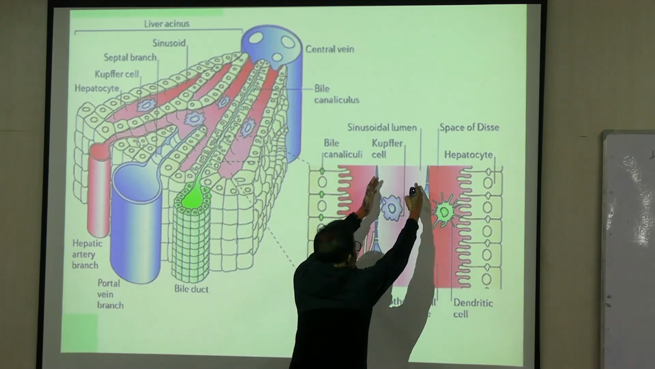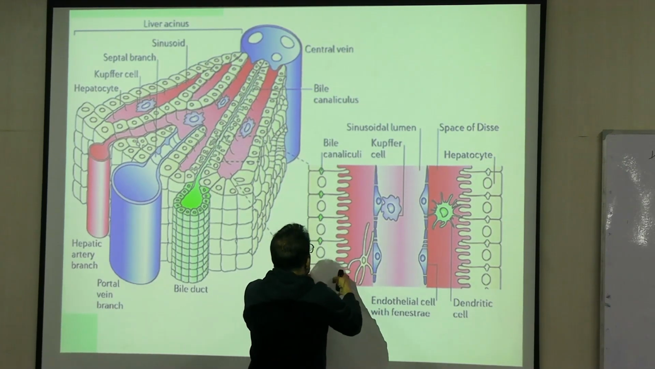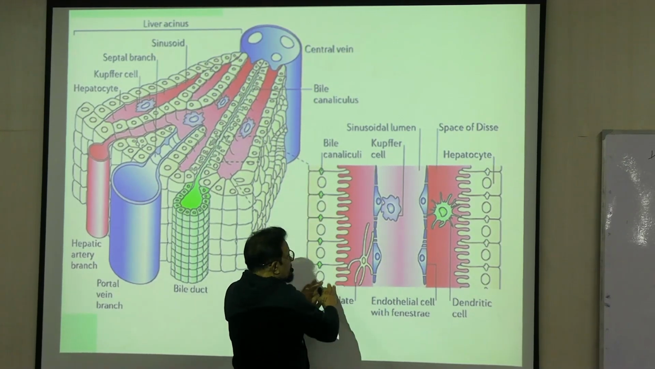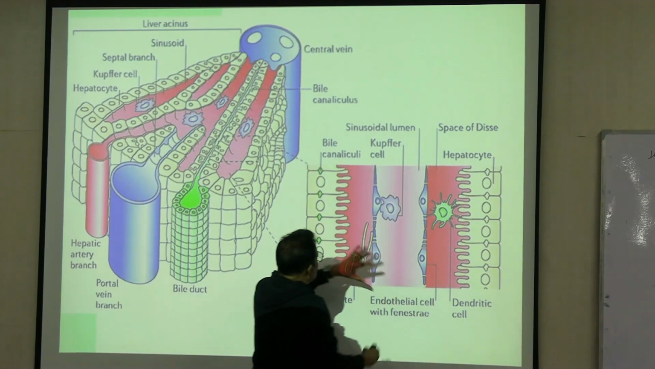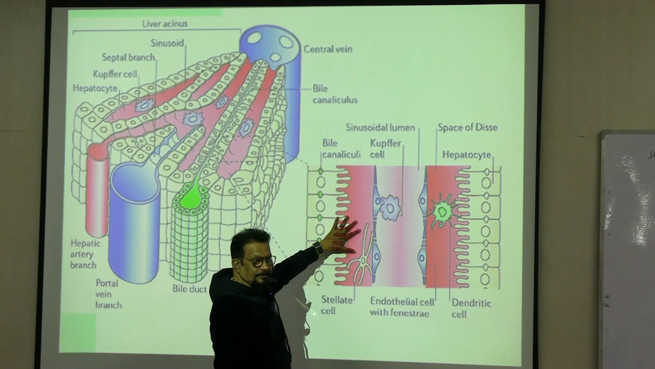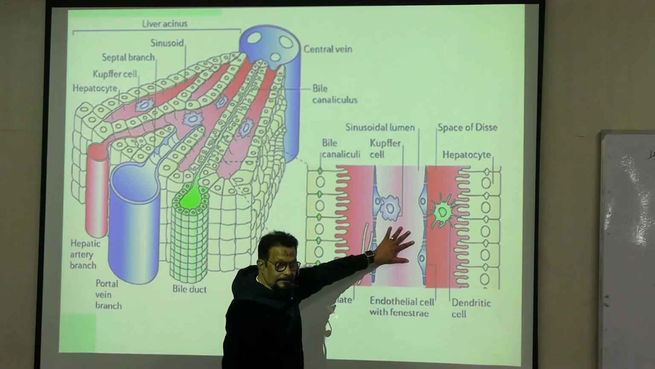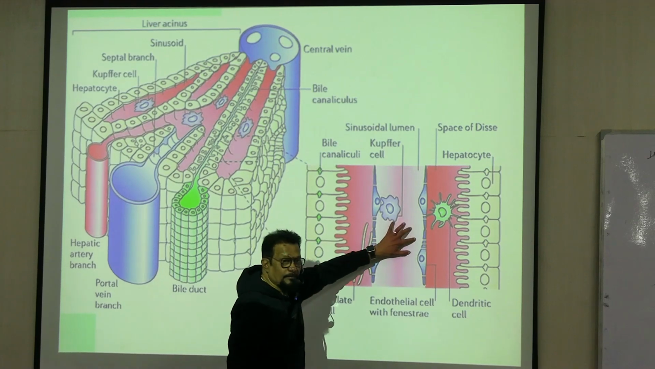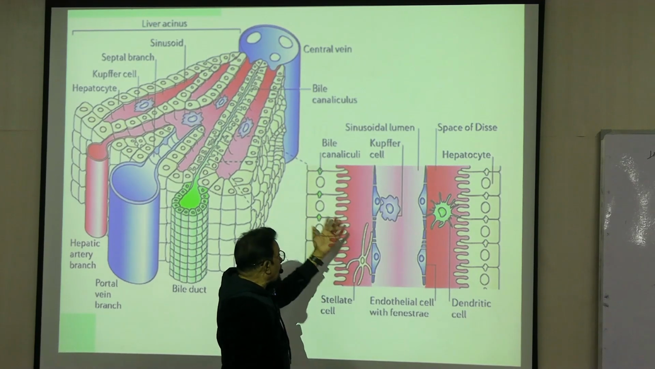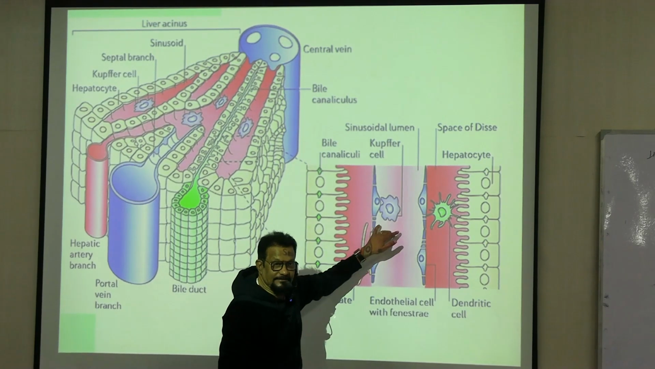This is the sinusoids, these are the hepatocytes. So blood is entering here, mixing here. So these hepatocytes, whatever is required, it collects from this blood. And whatever it has to secrete,